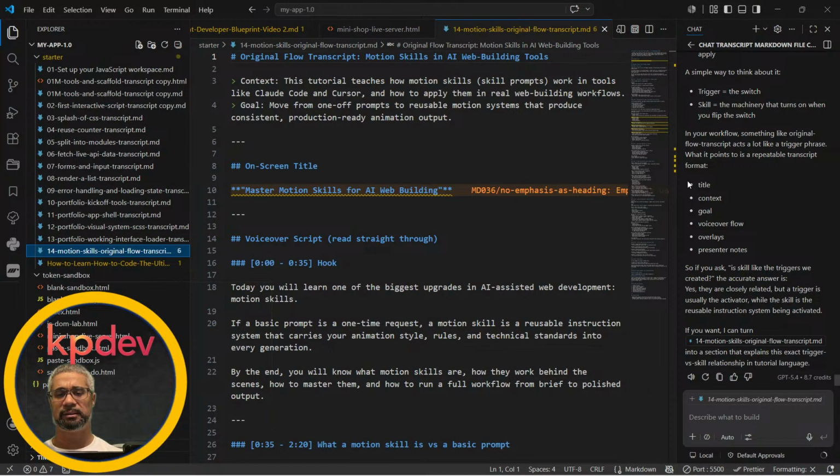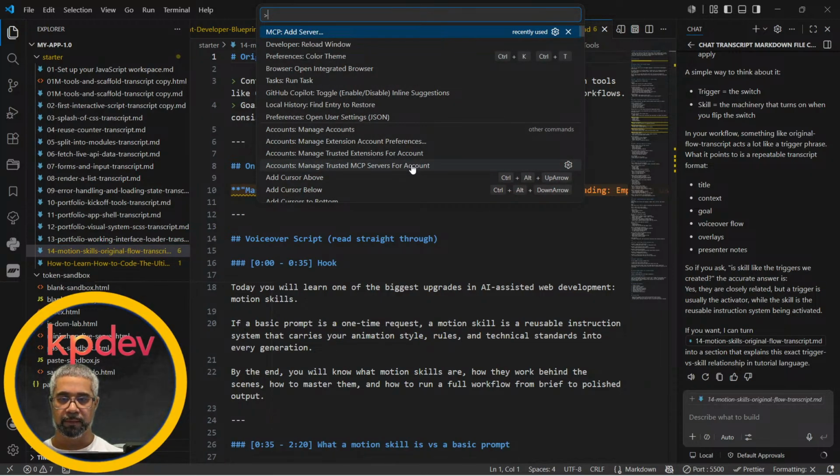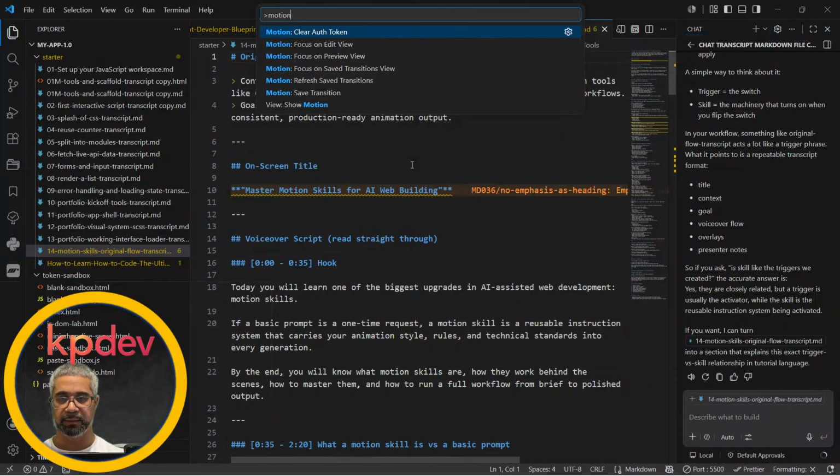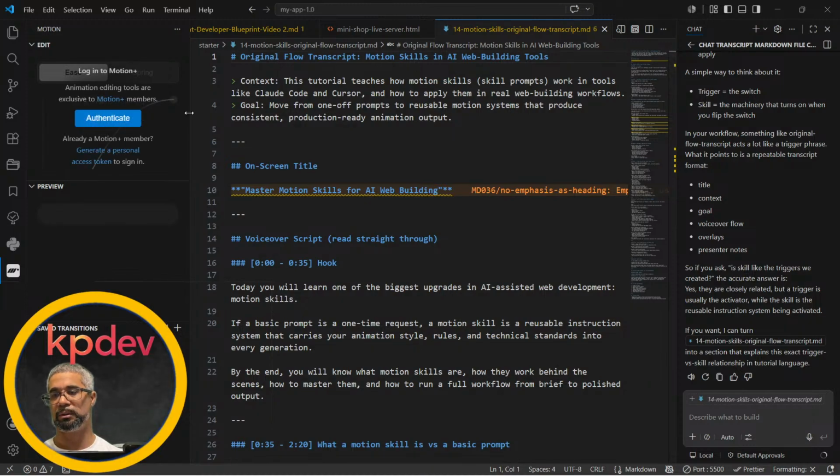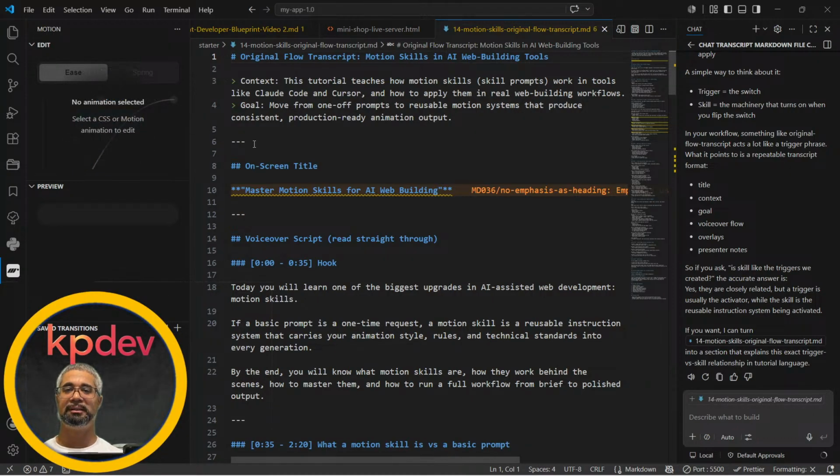In case you guys don't know what I mean by that, I forgot what's the command to open Motion. I closed it, but if I put in here Motion Focus Editor, see preview, right? Like you see, this is what we were going to use. This is the interface, right? But it's not letting us use it because we need to buy it. How many of these subscriptions are you going to subscribe to actually create these applications that we so dearly want to create? Web applications,